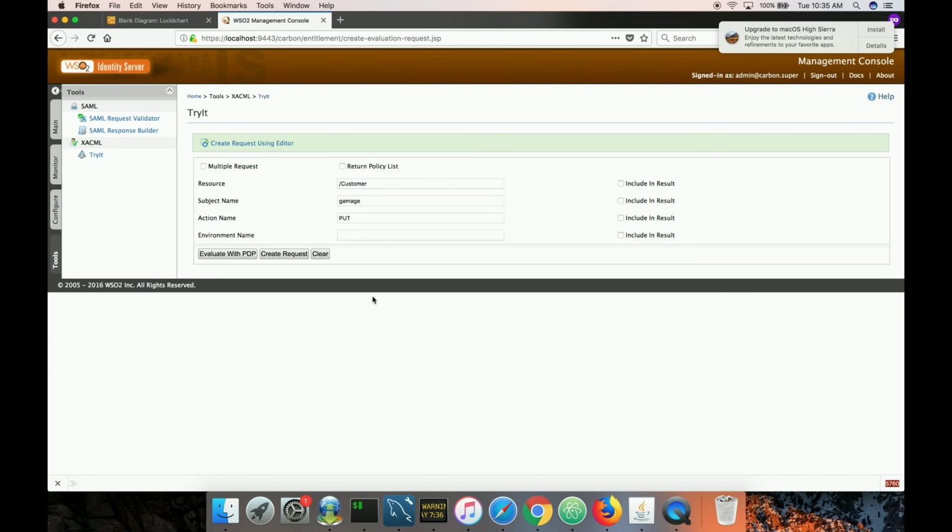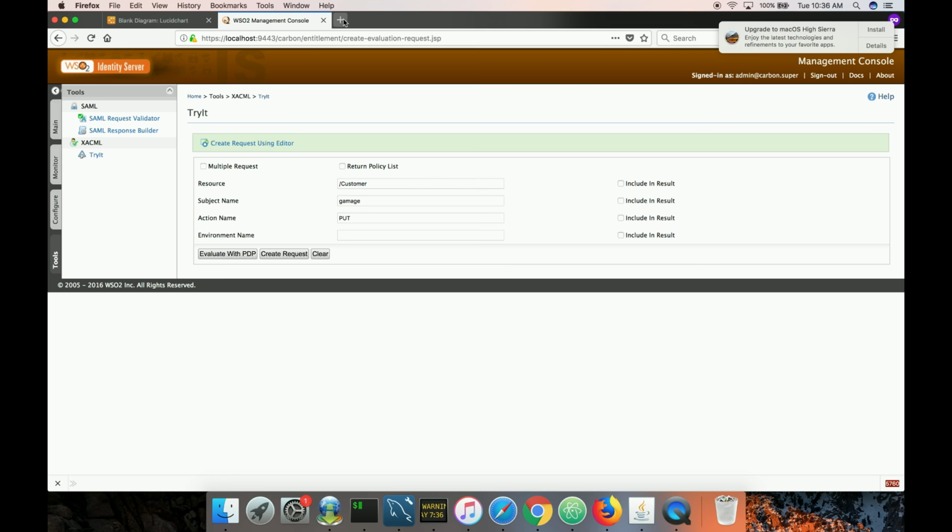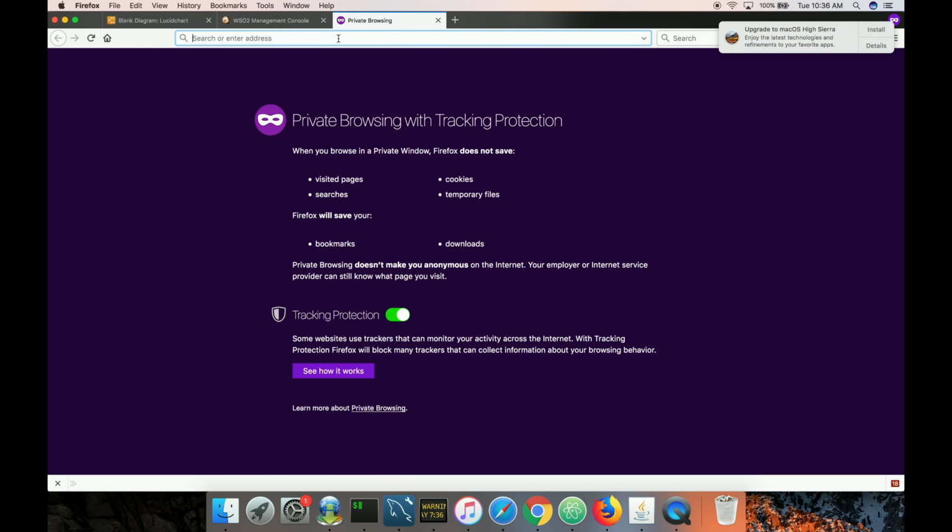Okay, so this is how you try it out from the identity server itself, but we also have a REST API. So let's see how to try this out using the REST API. You can download the curl scripts that I'm going to use to invoke this REST API from my GitHub location. You need to go to